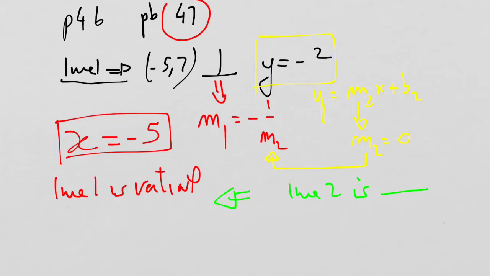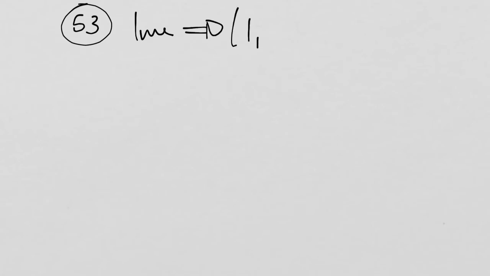The reasoning I made for an equation with y = -2, you could have exactly the same reasoning for an equation for a line where x equals whatever. If you look at the problem number, if I'm correct, it is problem number 53. If I look at problem number 53 now, we have to find a line going through the point (1, 2) and perpendicular to another line,